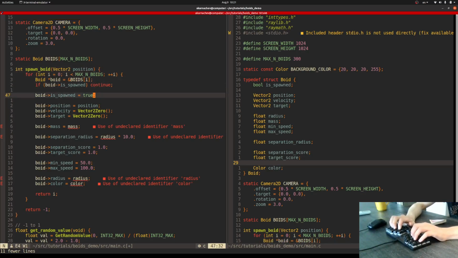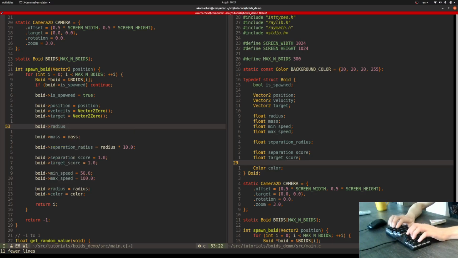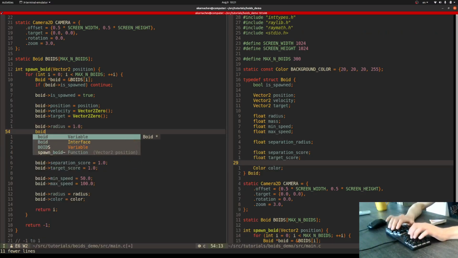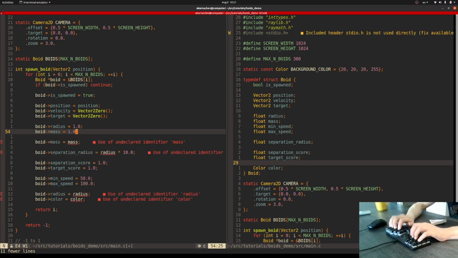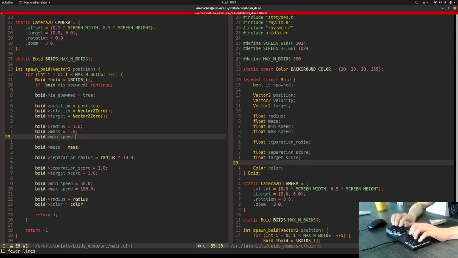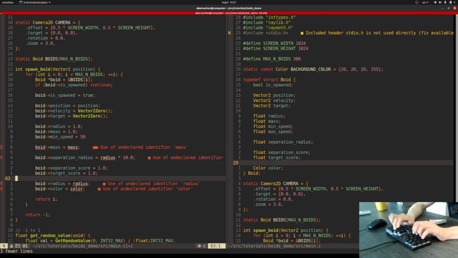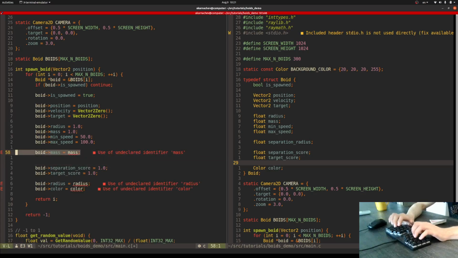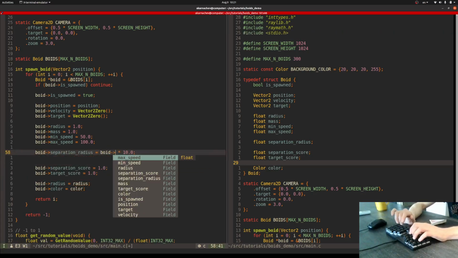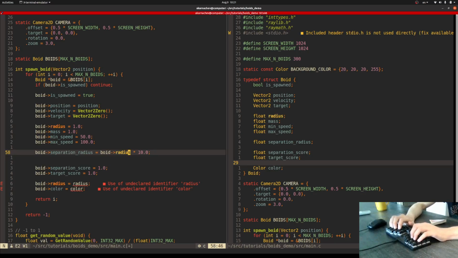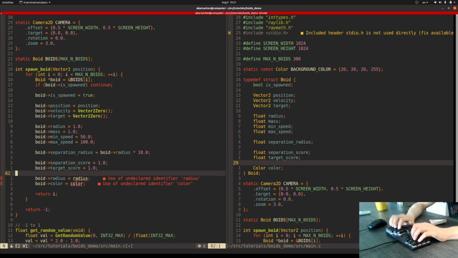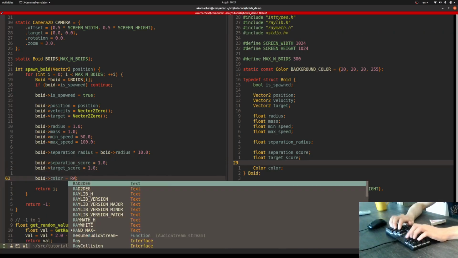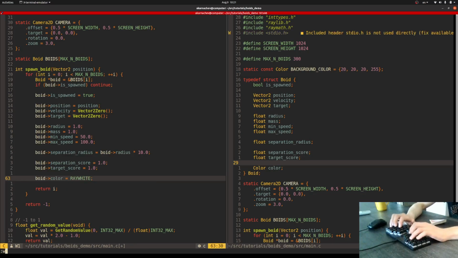Boid is spawned true, position, velocity, target, Boid radius is equal to 1, Boid mass is equal to 1, Boid mean speed is equal to, like so. Separation radius, Boid radius, separation score and target score, separation score 1, target score 1, and color ray white. Okay,